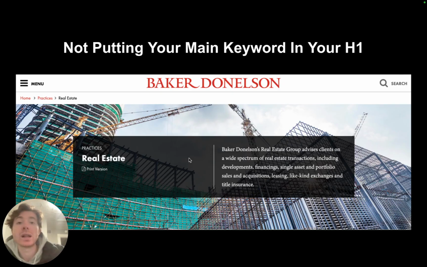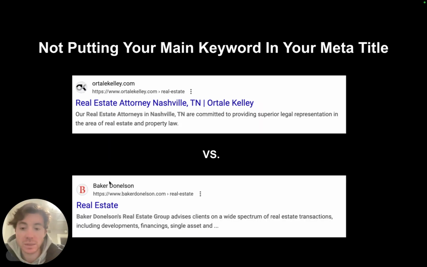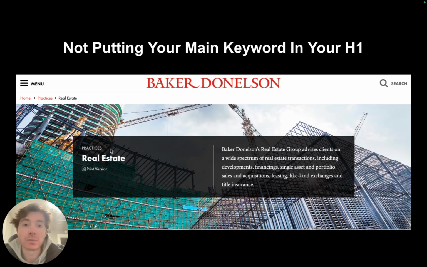The H1 is the most important text on your entire website or on that page. So just a little tip there, you should only have one H1 per page, and then your H1 needs to have your full main keyword. Right here, this is their H1, just real estate again. I took this from the same example, Baker Donaldson. Took it from the same website, so I just looked at their page, and this is their H1 right here,